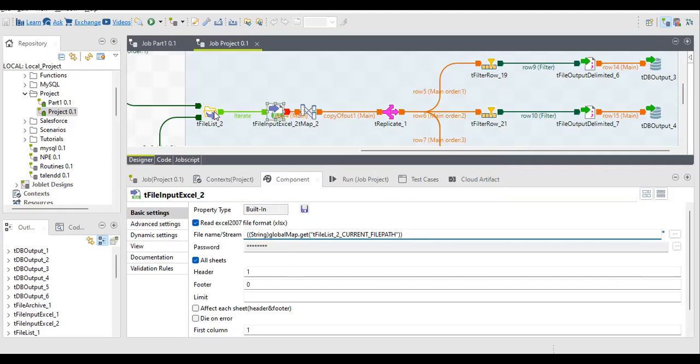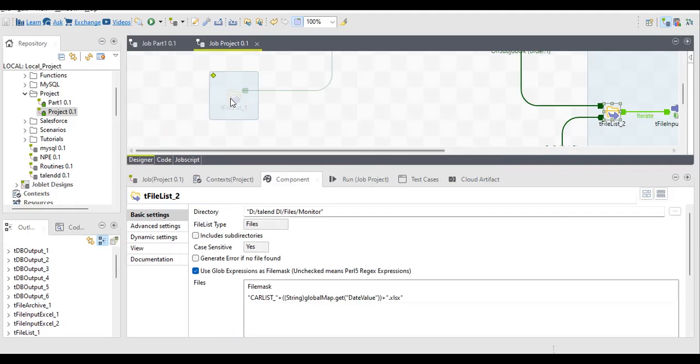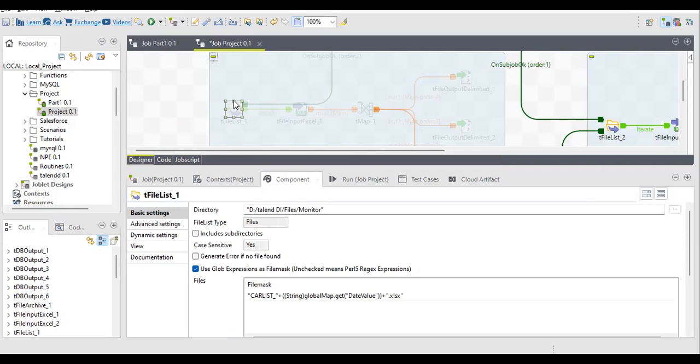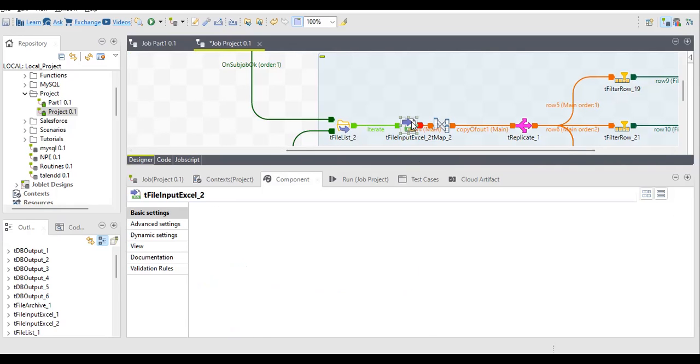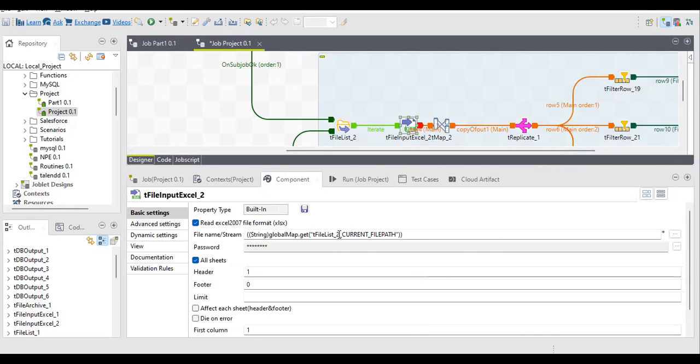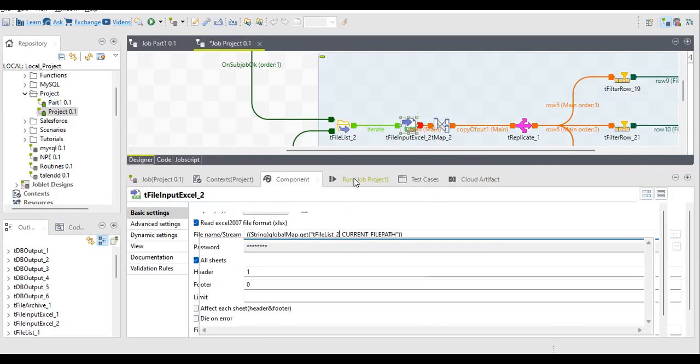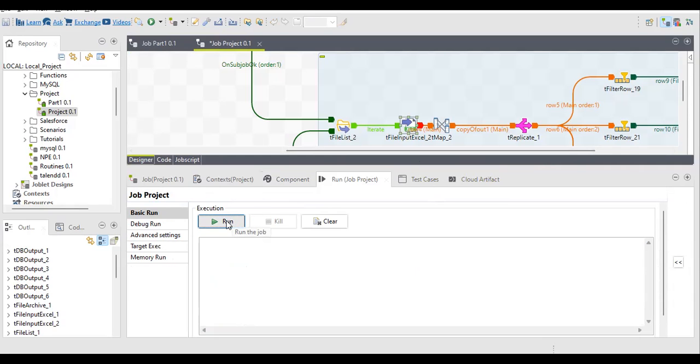The error was that I have two tFileList components. One is tFileList_1 in this part, and this is tFileList_2. What I did was use the tFileList_1 component location here. That's why it threw an error. Now it is corrected to tFileList_1. So that's why there was an error. Now when I run this job,